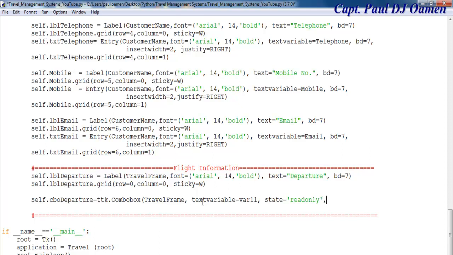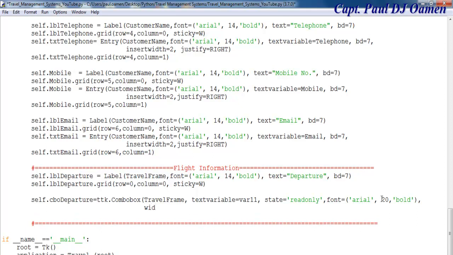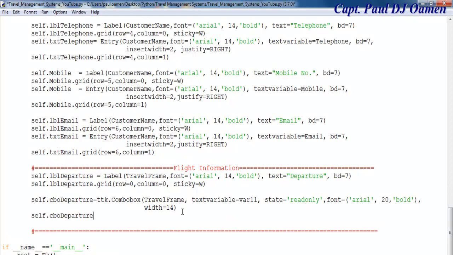Right. The font, I'm going to make that about 20. Paste. Make that 20. And what else do we need? We need a width. Let me put the width right underneath here. The width is going to be about 14. And close that up. Now the combo, we need some value in there. Paste. It's going to be using